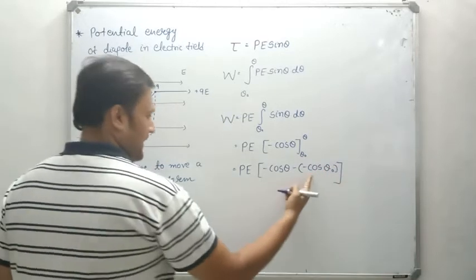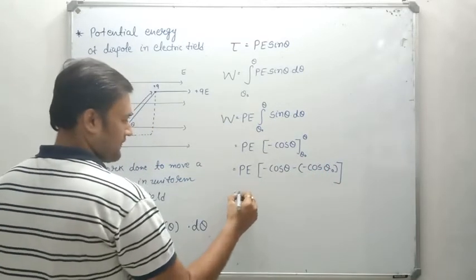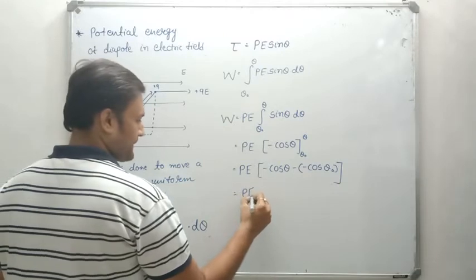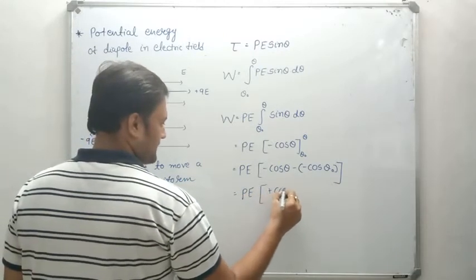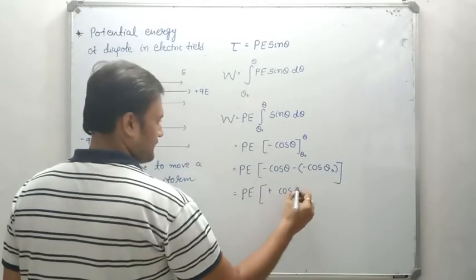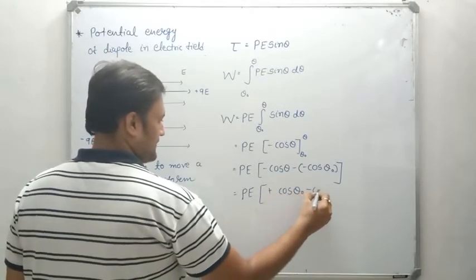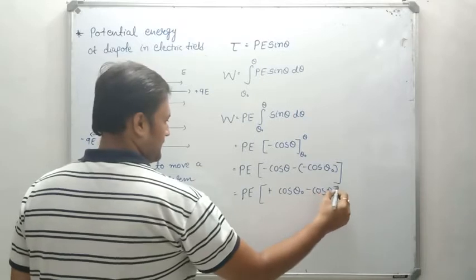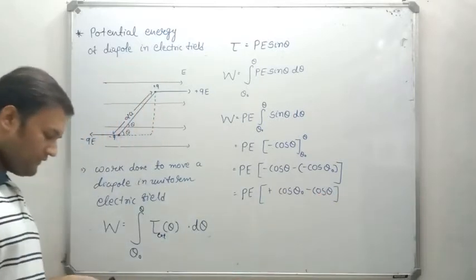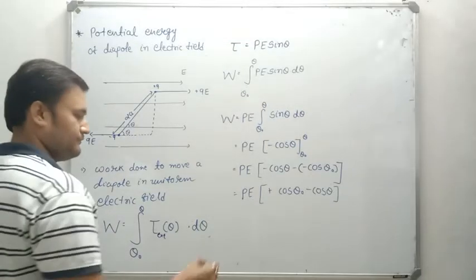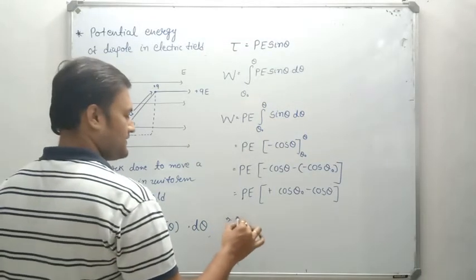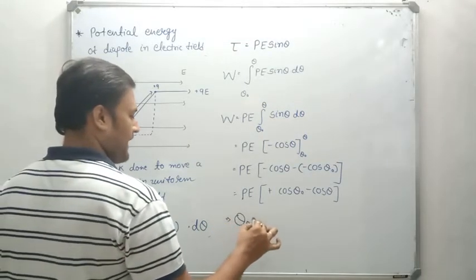Minus and minus make plus, so it is pE times cos theta 0 minus cos theta. If we take theta 0 equal to pi by 2,